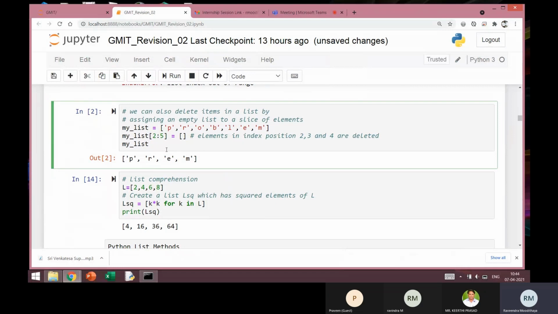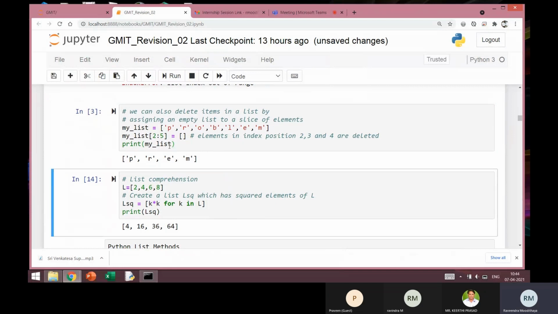I can use a print statement also ahead of this. Both will do the same job as I'm using interactive Python execution. Even just writing the variable name will give me the same result. Even if you don't write this print, it is okay for 99% of the cases.